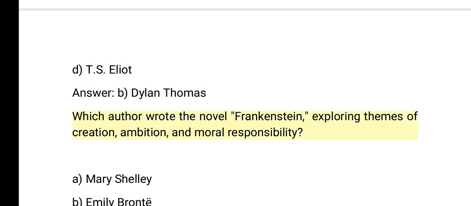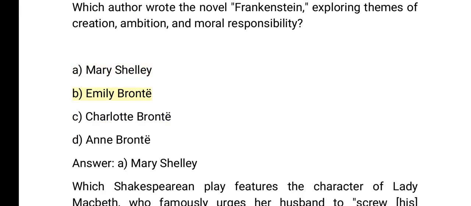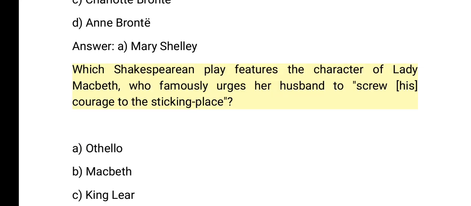Which author wrote the novel, Frankenstein, exploring themes of creation, ambition, and moral responsibility? A. Mary Shelley. B. Emily Bronte. C. Charlotte Bronte. D. Anne Bronte. Answer: A. Mary Shelley. Which Shakespearean play features the character of Lady Macbeth, who famously urges her husband to screw